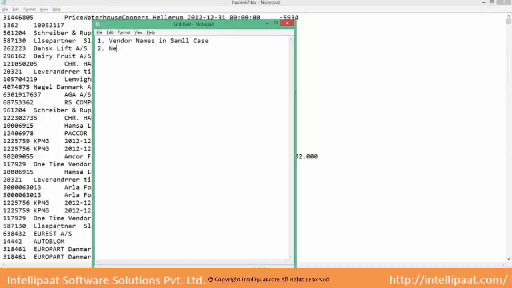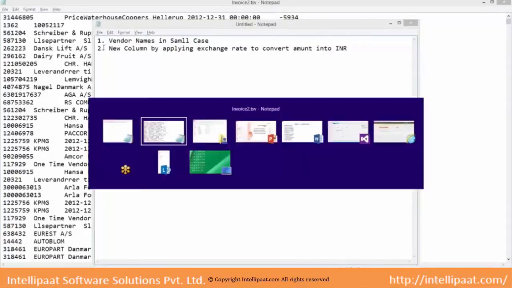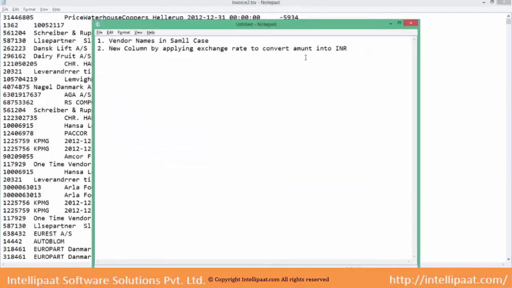Create a new column. So whatever amounts we get in this file are in USD. So by applying the exchange rate, they should be converted into INR.